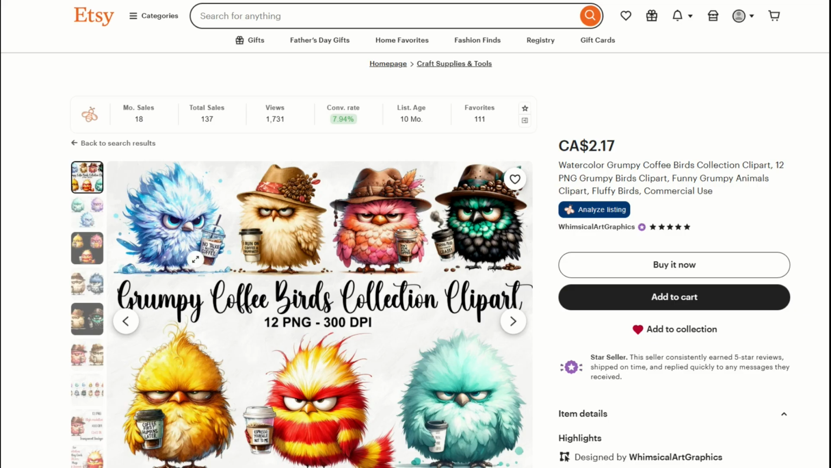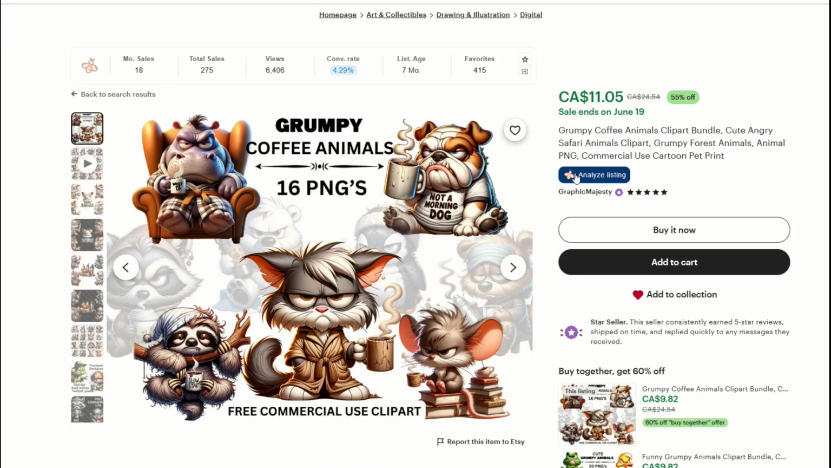Here's a great looking listing on Etsy. This is Grumpy Coffee Birds. I love the double niche. If you like birds and coffee, this can be great for t-shirts or digital downloads. We've got 18 monthly sales, total sales over 100. Conversion rate again is very high at almost 8%. And here's another one as well. With coffee, you could do all sorts of different animals. Here's a hippo, a dog, a cat,